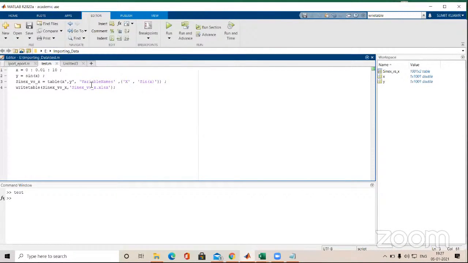I'll just use the specification called variable names and use cell arrays to use any kind of data types. I am using string data type, so I have used a cell. My first entity is x corresponding to x here, and my y is sin x. So I have written here x and my y is sin x. And if you run